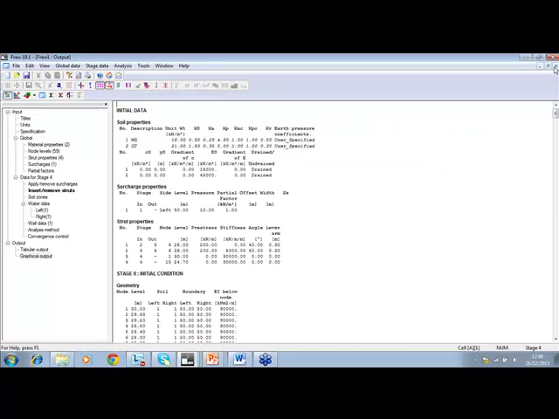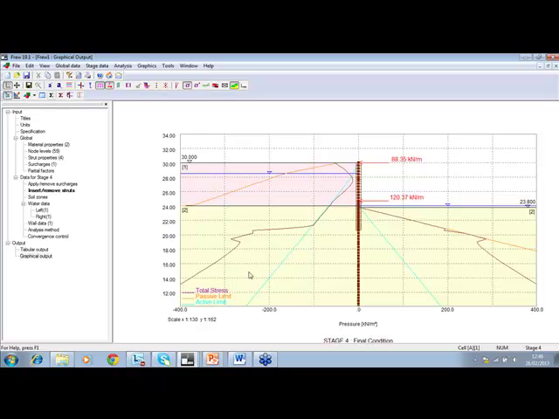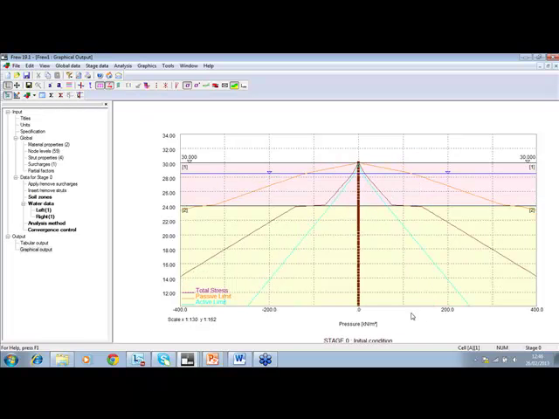Close this. And here you go, we've got our graphical output. So I'm going to start at 0, the initial condition. This is just showing the pressure here in terms of your passive limit, which is the red line, and your active limit, which is the blue line. Okay, so we've got our initial condition,